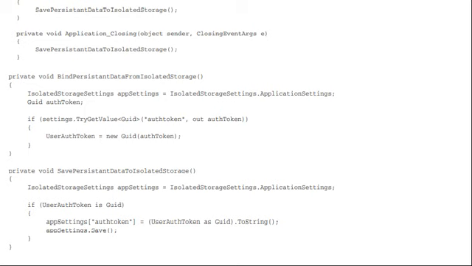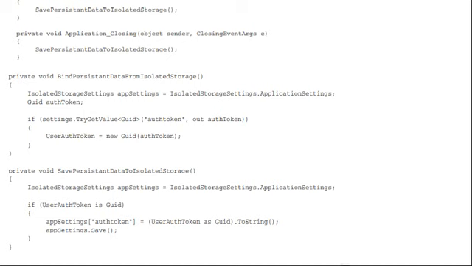If it is a valid one, then you can retrieve. So in this case, the authentication token is passed, and if it is valid, the check is settings.TryGetValue, that is here the GUID authentication token. So if it is a valid one, then what happens? You are going to load that particular data from the isolated storage. As we said, the code persists a unique identifier that you're passing to the web service as part of the authentication code.